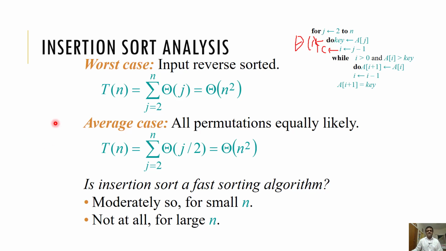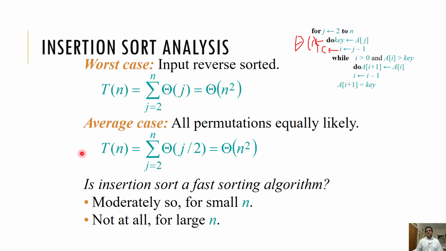Now, for the average case we need to assume all the possible permutations of the input are equally likely. Although for the average case we need to take the expectation of the runtime, here intuitively we can say that on an average, for the jth loop, every key is coming halfway to the beginning. In the worst case it was coming all the way to the beginning, in the average case half,